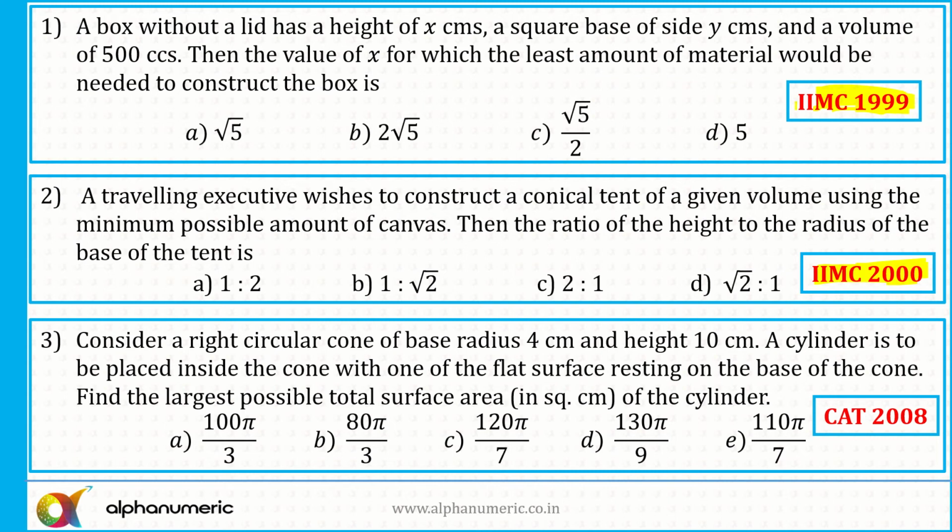So when you are filling the form of the CAT, make sure that you are applying to both the programs here. Earlier, till 2006, IIM Kolkata used to conduct a separate exam for their PGDCM program. You need to clear the CAT, then only you are eligible for that particular program. So the first criterion was to clear the CAT. Once you crack the CAT, then you need to write a separate exam for that particular program of IIM Kolkata. So these first two questions are from that paper here.